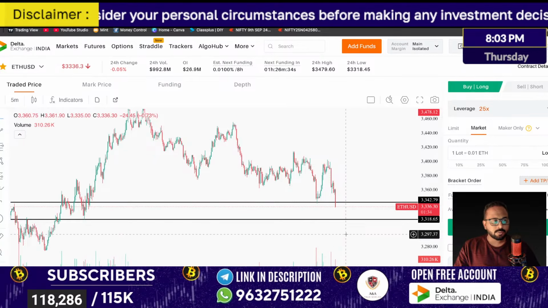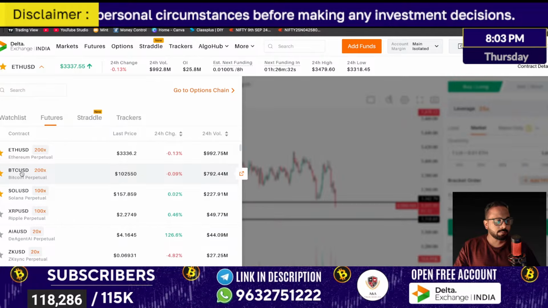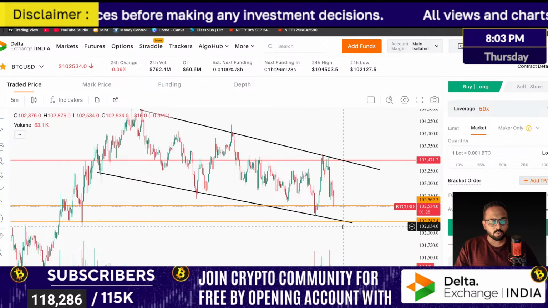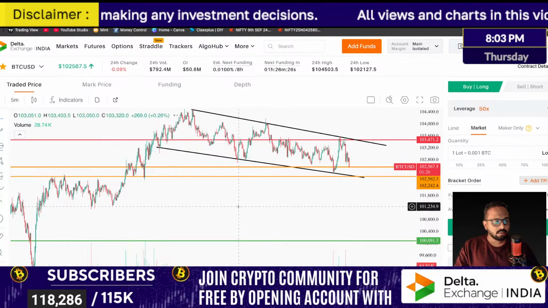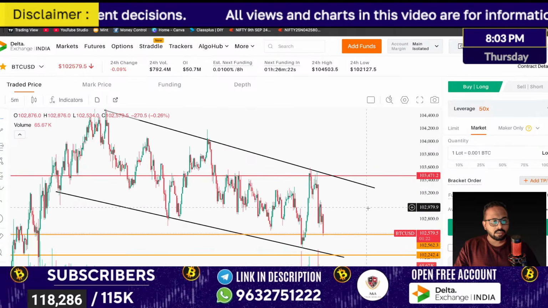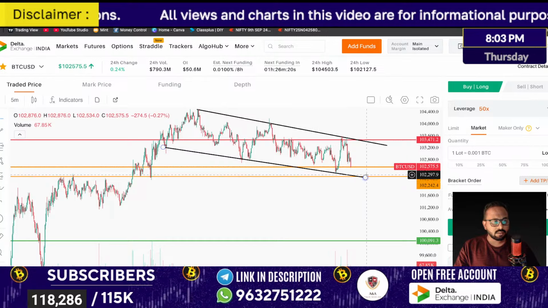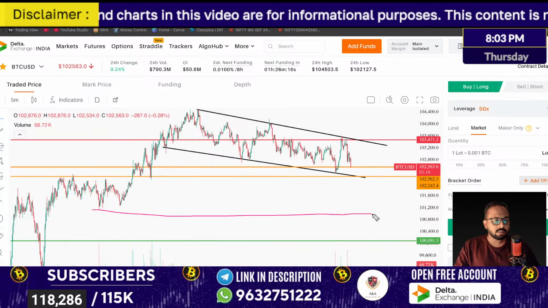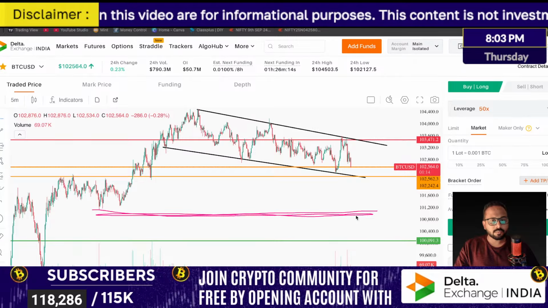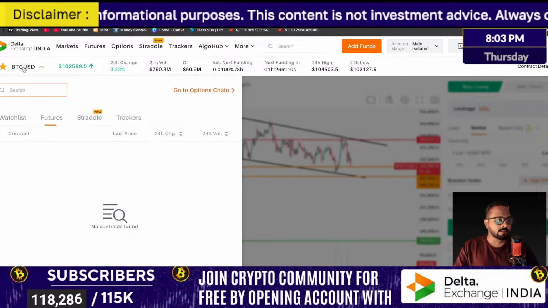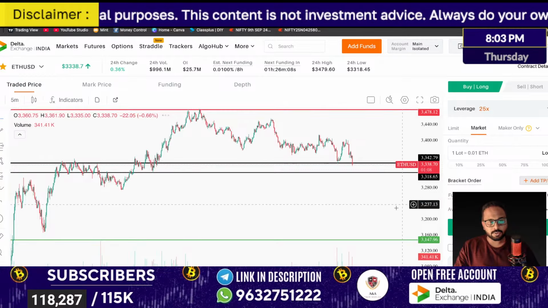Continuous selling pressure we are able to see here. BTC also is coming near the supporting zone. In case market breaks this zone also, next target for the market will be this area, breakdown somewhere here. Up to that zone market can go if it is extremely bearish. Okay,